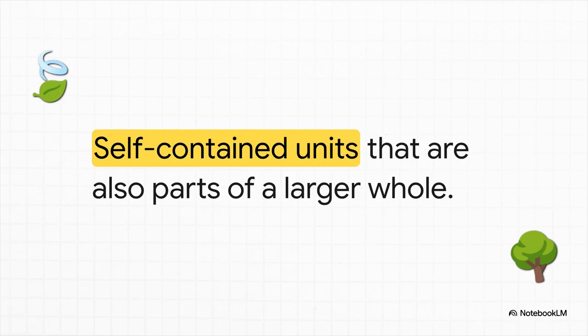Think about your own workplace or a modern business. A single product development team functions as its own ecosystem. It has its own internal culture, its own daily routines, and its own specific goals. It is a self-contained unit. Yet that team's output is just one vital component of a larger corporate ecosystem. The company relies on that team to survive, and the team relies on the company's broader infrastructure to exist. It's the exact same nested architecture, playing out in boardrooms just as it does in the forest.